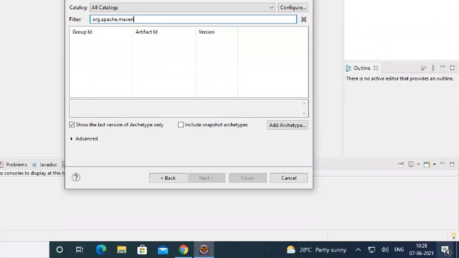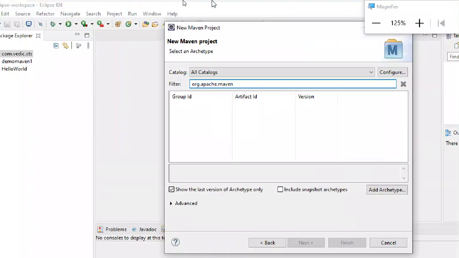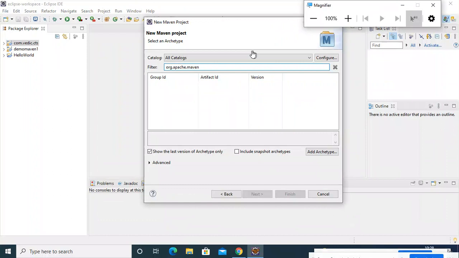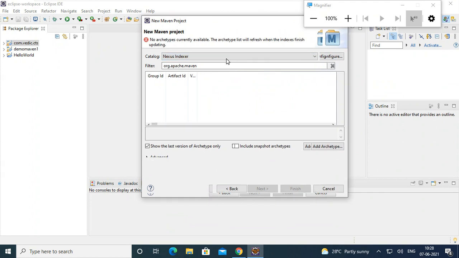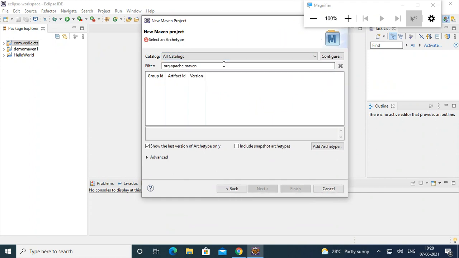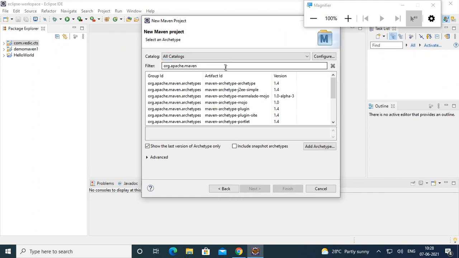It is not yet downloaded. I think it is downloading in the background. So you can select any categories. I put all categories. It should download.